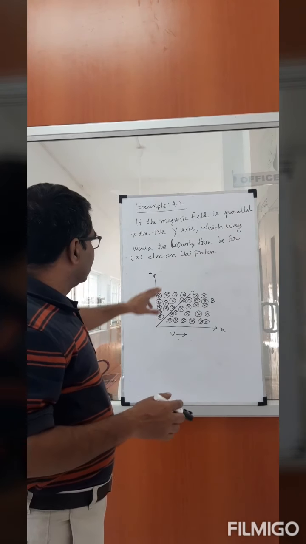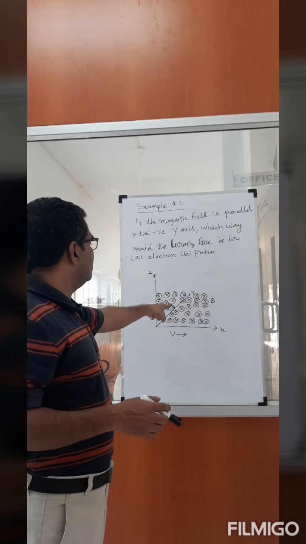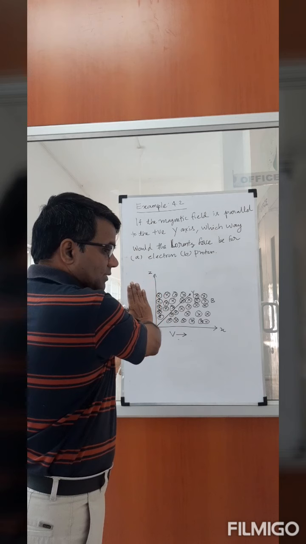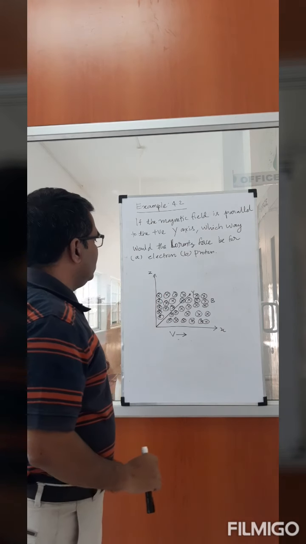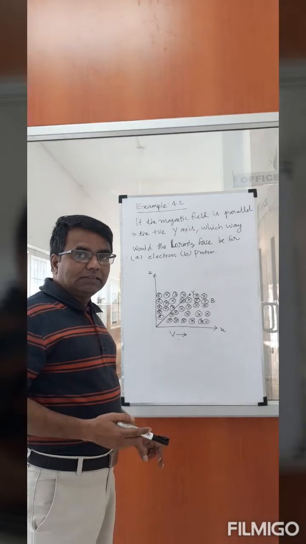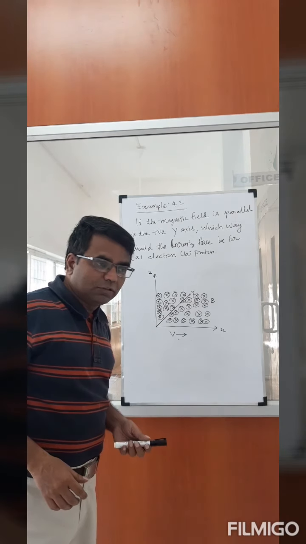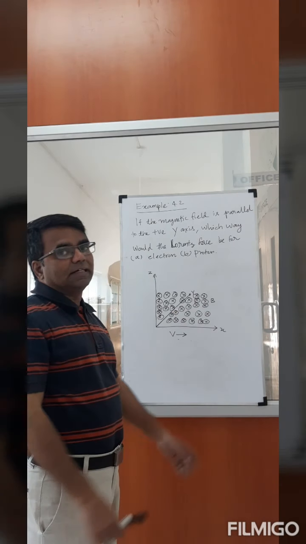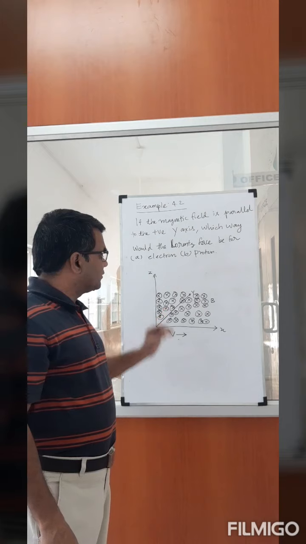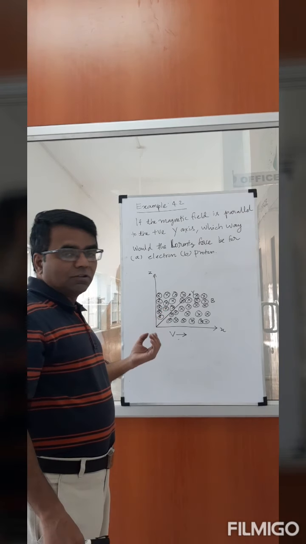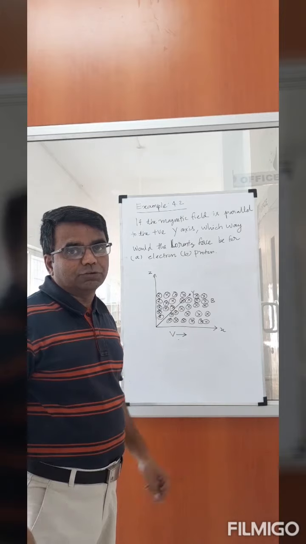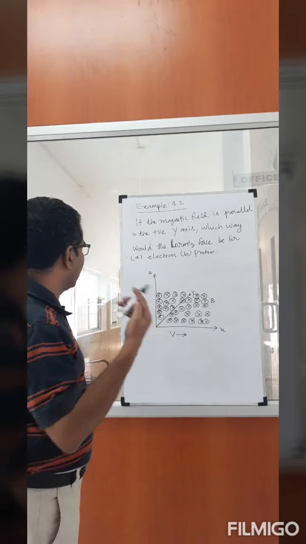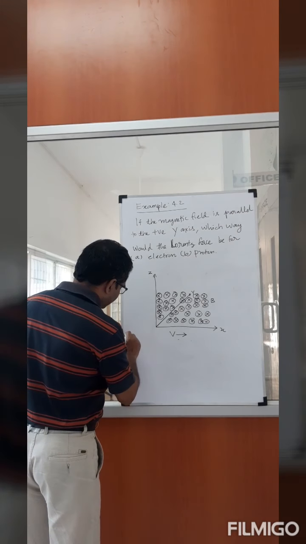It's parallel, B is parallel to the positive y axis. The positive y is there, so B is in this direction. What is this V? V is the velocity of both the proton and the electron. They both move along the positive x axis. So now you need to find the direction of the Lorentz force, magnetic force, experienced by these two things. First, for electron,